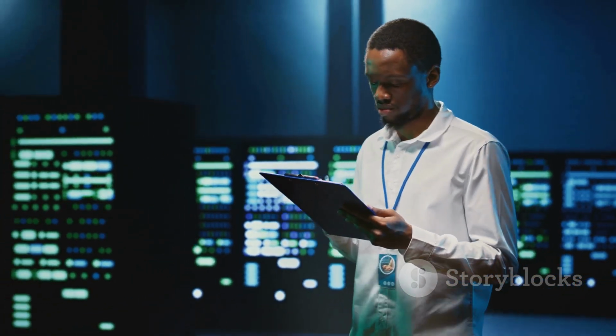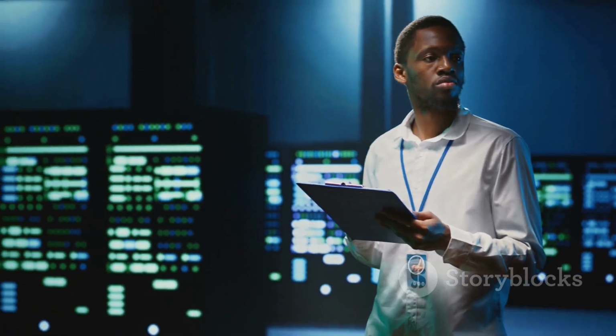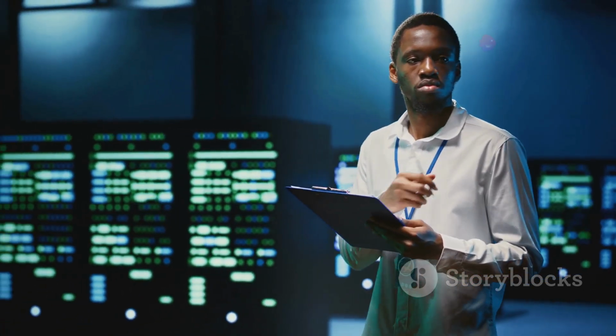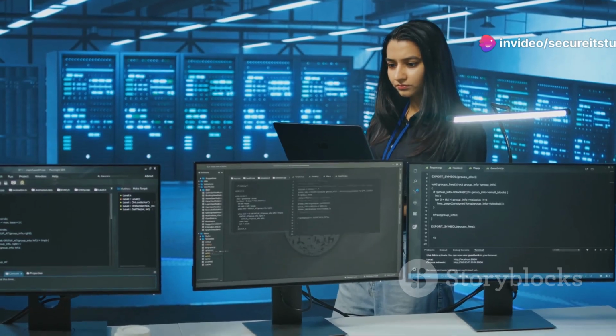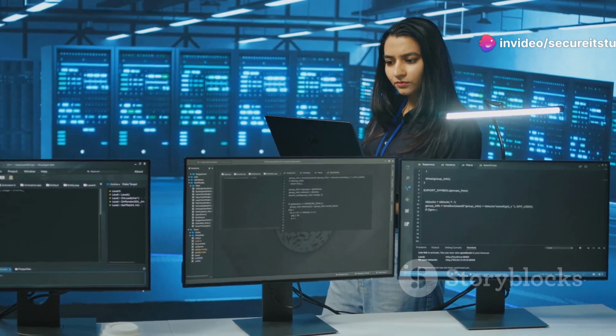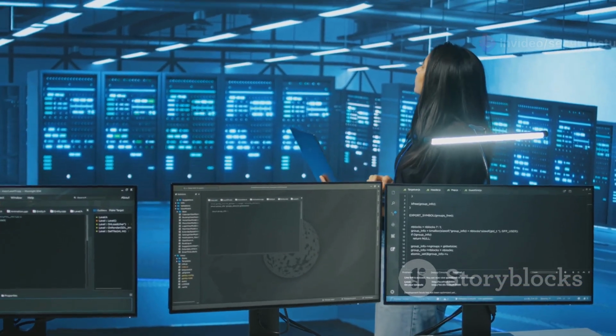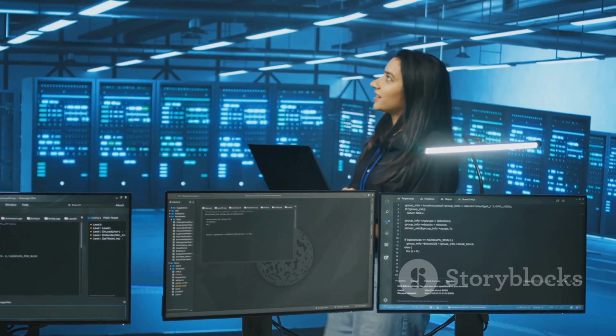You'll learn how to manage services, which are like the different applications and processes that keep your server humming along. From starting and stopping services to checking their status, the command line makes it all straightforward. These services are crucial for the smooth operation of your server, and being able to control them via the command line gives you a significant advantage.